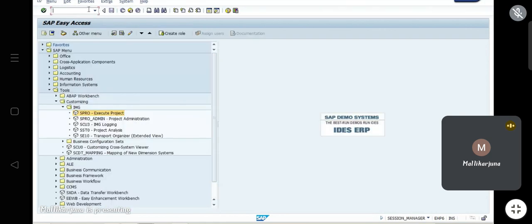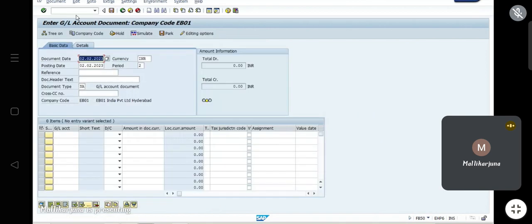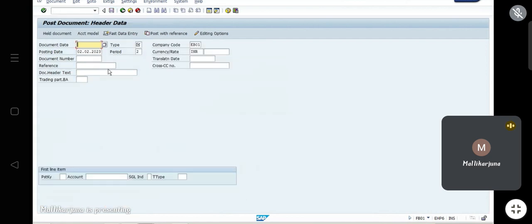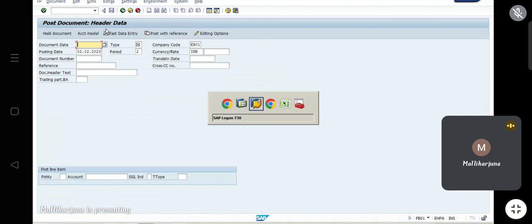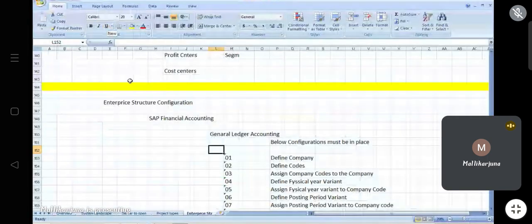So let's say I'm in here, FB50, and I want to open another screen. /n. This screen will close and the other screen will open. /n is used to open the new screen. Let's say I want to open another screen, FB02 or FB01. This screen will close and another screen gets opened. So what I mean to say is that,